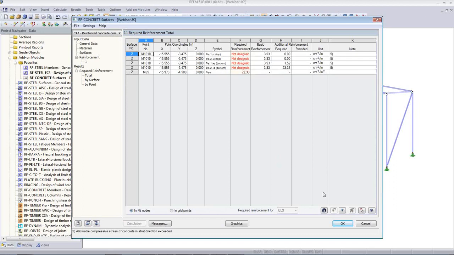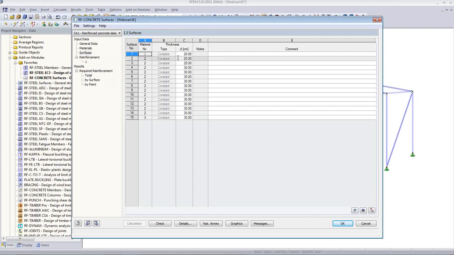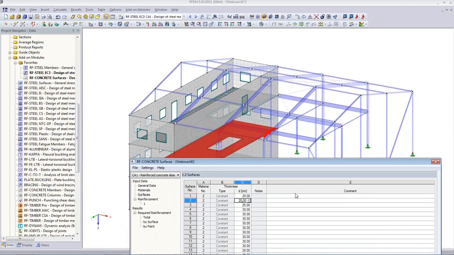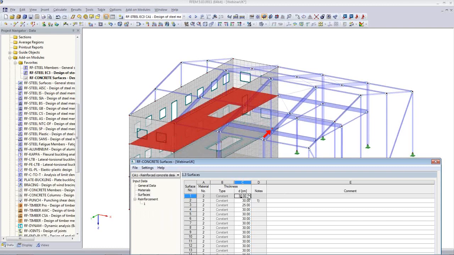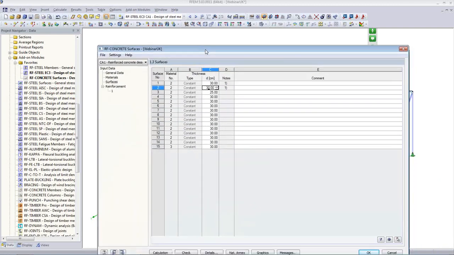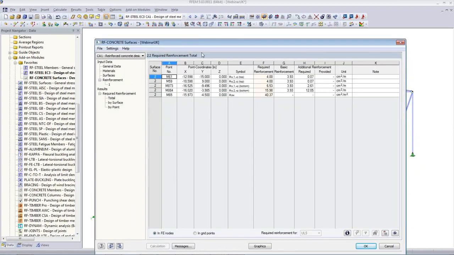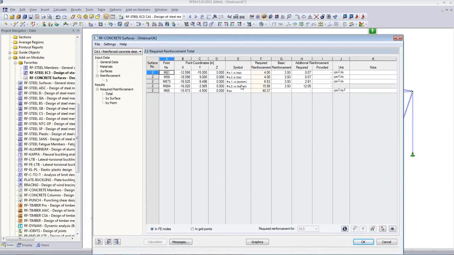We see here we have a problem. I can filter out the non-designable results which don't tell me anything, and we have here quite high reinforcement. We have the basic provided reinforcement, the additionally required reinforcement. If I want to play a little bit with my thicknesses, I can just, in the design module, change the thicknesses if I want to without recalculating the results in RFEM and do another design. So I'll check a change in the design mode, until I get more pleasant results as I like them,